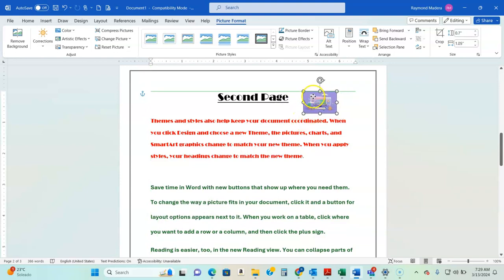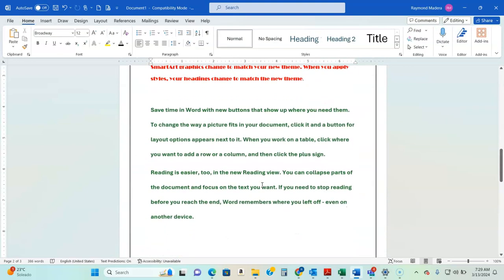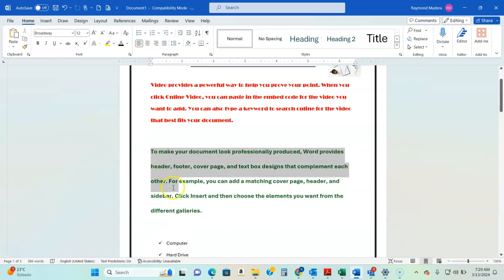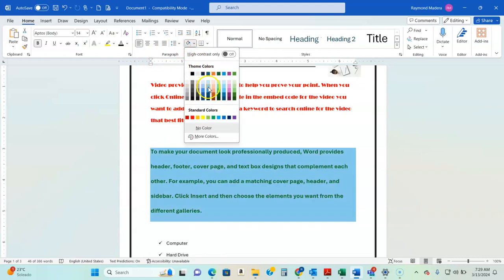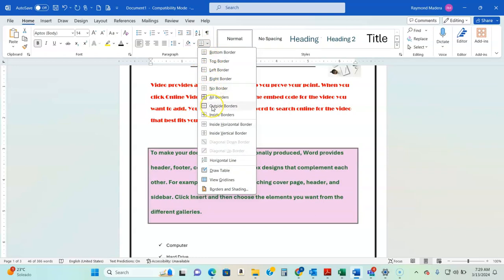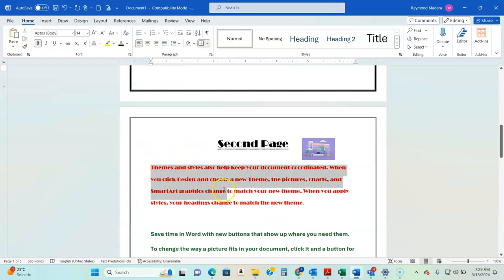I'm going to resize a little bit more, and I have my document with 2 pages, and that's what I want. For the moment, I'm going to choose for the second paragraph. Let's see if I can do a border. So I'm going to choose a very light color right here. I'm going to choose this little, it's like a pink color here, and I'm going to add an outside border to my second paragraph right there. Okay, but I'm going to do the same thing for the first paragraph of the second